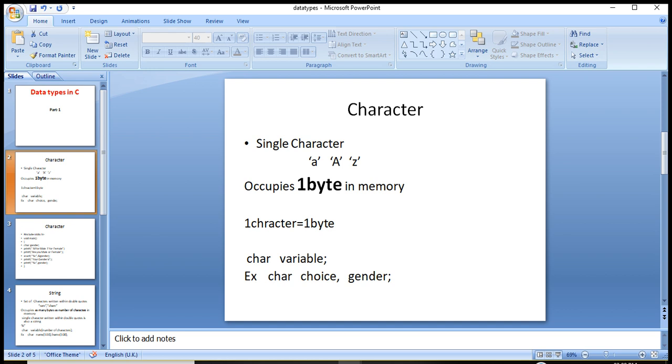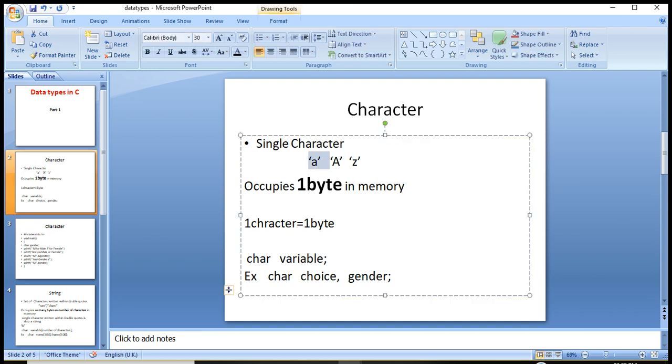As I have shown, single quotes I have used, and small a is written and capital A within single quotes and capital Z. These are character constants. And any character which is written in a single quote is a character constant, and it also represents an ASCII code.